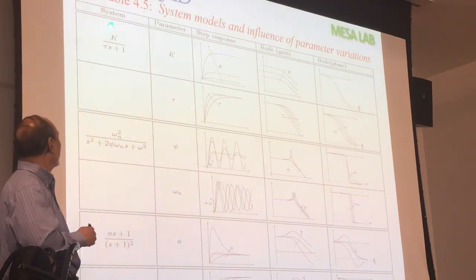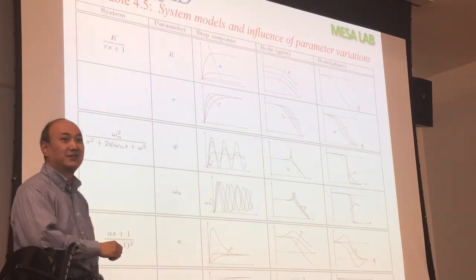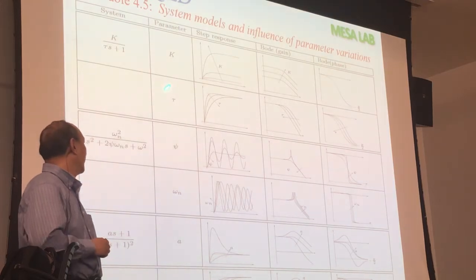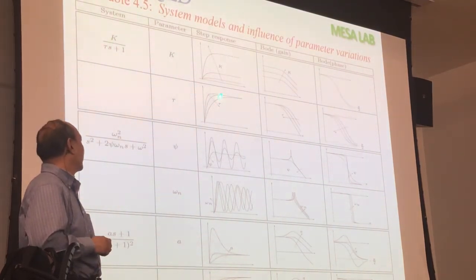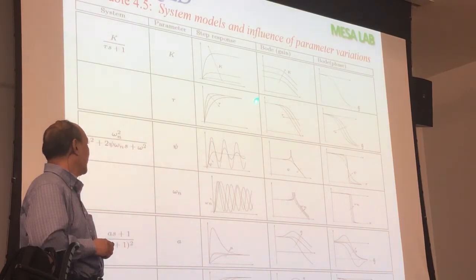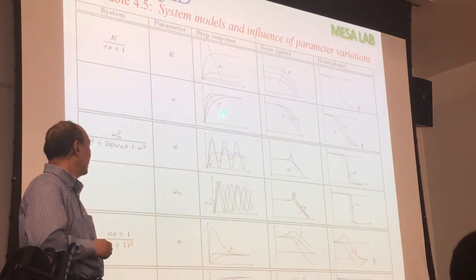So that is for the first order system. Okay? First order system. But what if I have different tau? Keep the K the same, so Y infinity is the same, DC gain is K. K didn't change, K is the same, can you see? But if you reduce the tau, then the system will go faster to slower.